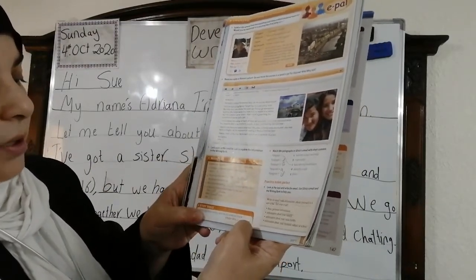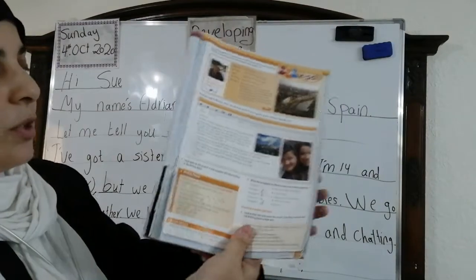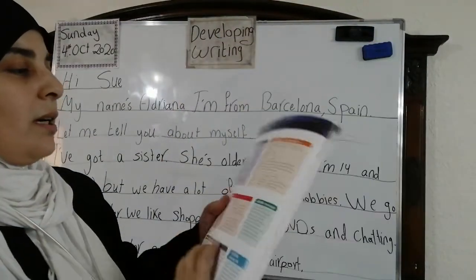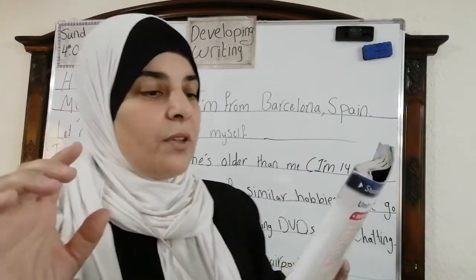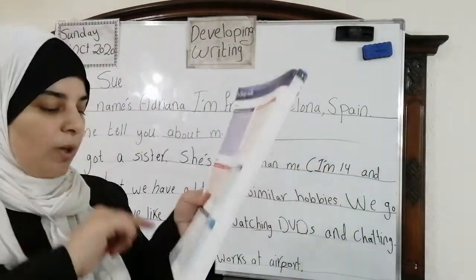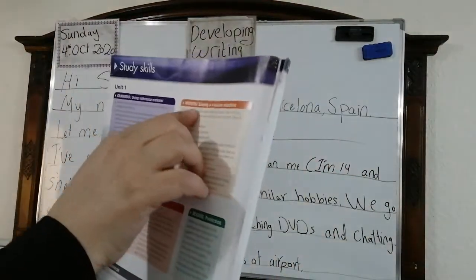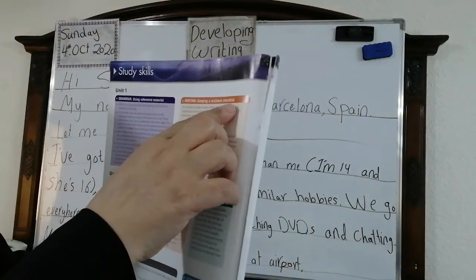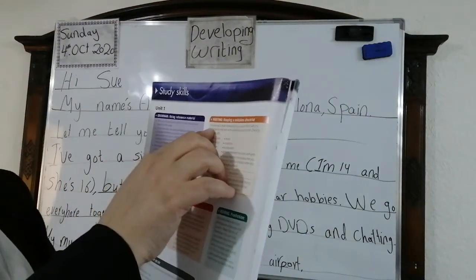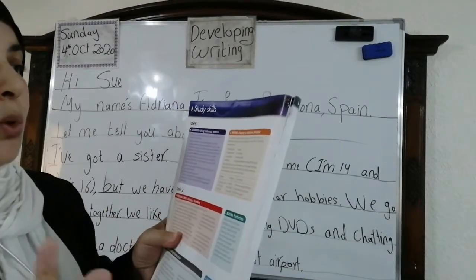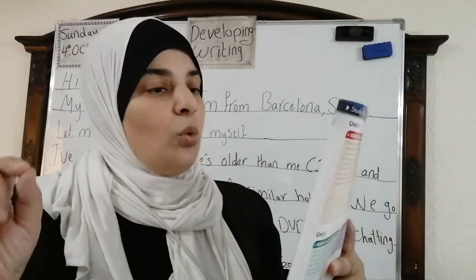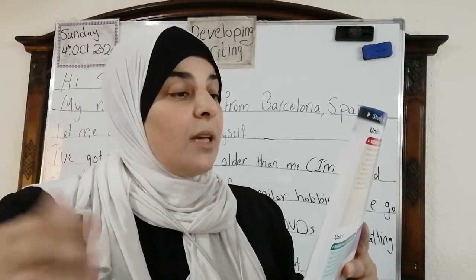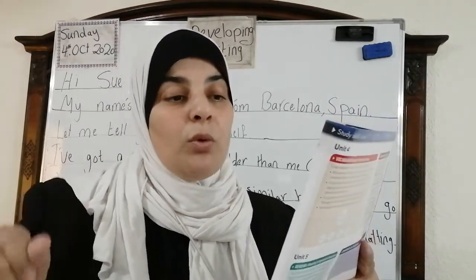I want you to open your book, page 146. I'm going to read these notes. I'm going to explain them, okay? First of all, look here, page 146. Writing, keeping a mistakes checklist, okay? It is normal to make mistakes when you write. It's very normal, okay? That is why it is important to read your work carefully when you finish.